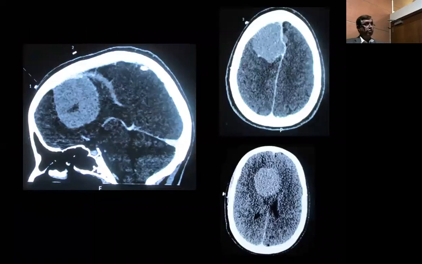This is the CT scan that we have done, and we use it also for navigation. To help her financially, instead of doing the navigation MRI, we did this. We put some capsules of calcium on the scalp so that it would help us localize where the tumor is. This is called poor man's navigation.